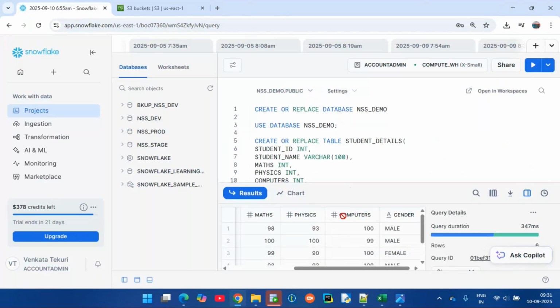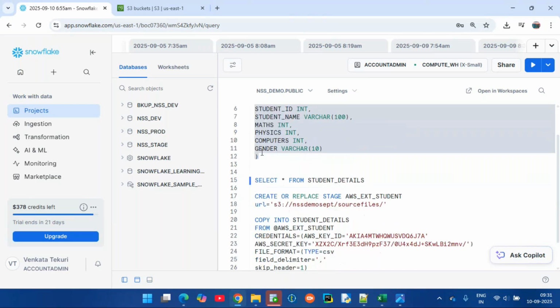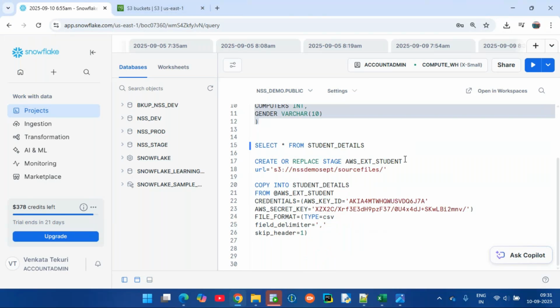I created the database, I'm using the database, and I'm creating the table structure. What column names there are and what data types I'm creating, as per the customer requirement, we have to create it. Directly from AWS to Snowflake is not possible, that's why I'm creating the stage. Now I want to load from stage to Snowflake.